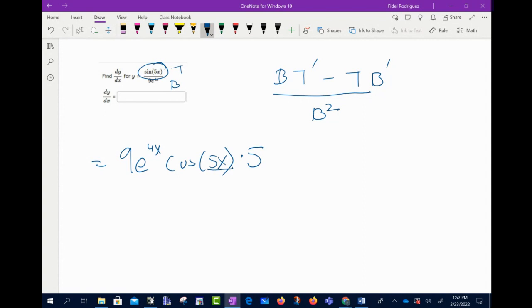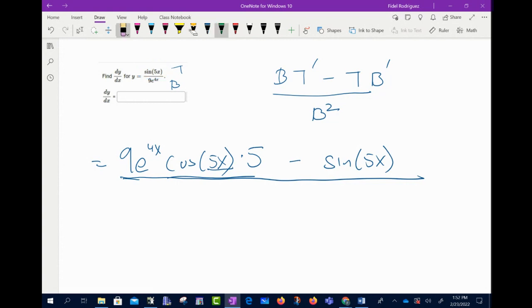Good. Okay, so look, we just did the bottom times the derivative of the top. Here was the bottom function, there was the derivative of the top. Minus all of this, minus the top function, sine of 5x,